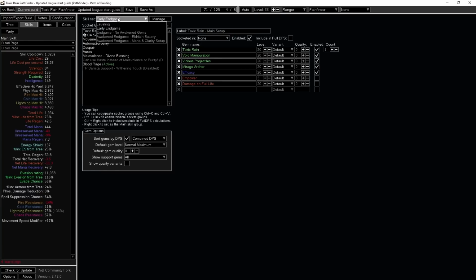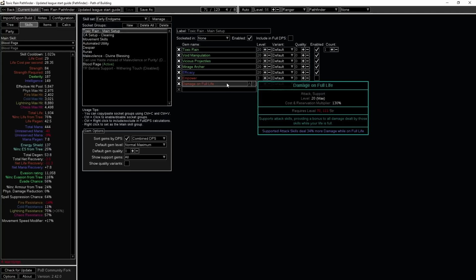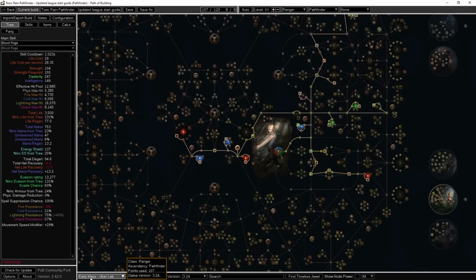Okay, now here I have sort of the early in-game, early mapping section of the skills set up here, and I would say that Toxic Rain is kind of your main setup, your main 4, 5, or 6 link. That's going to be kind of the go-to. You can use Damage on Full Life or Empower as your red gem socket. Damage on Full Life is not great on its own, but if you get it, what you can do is,